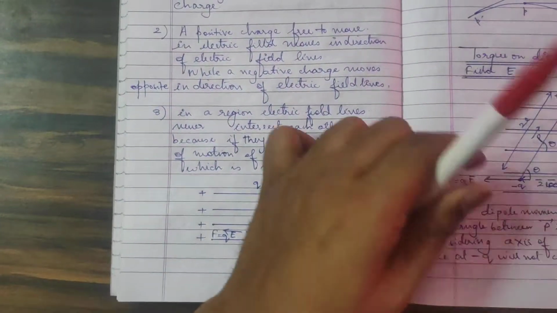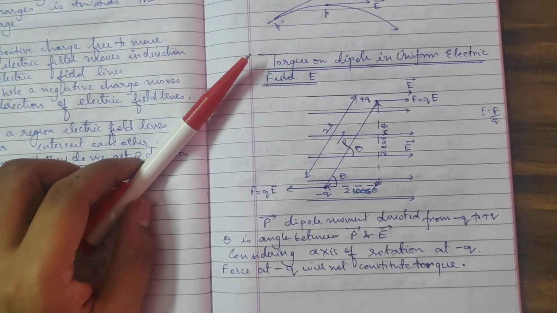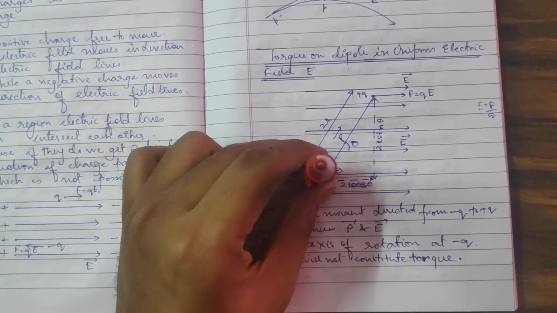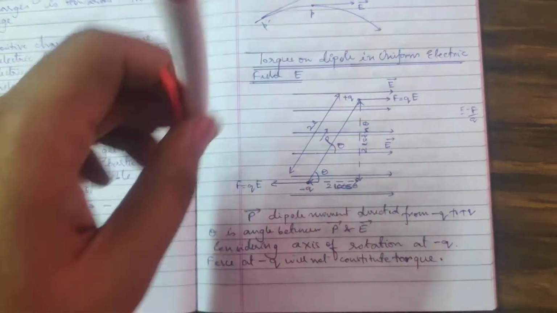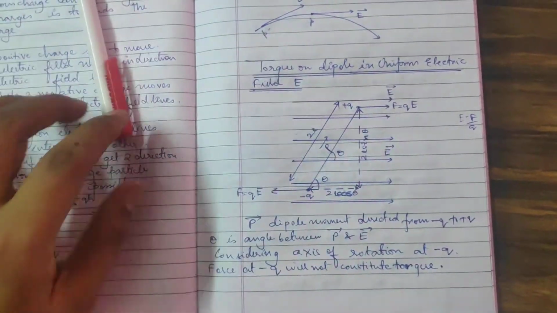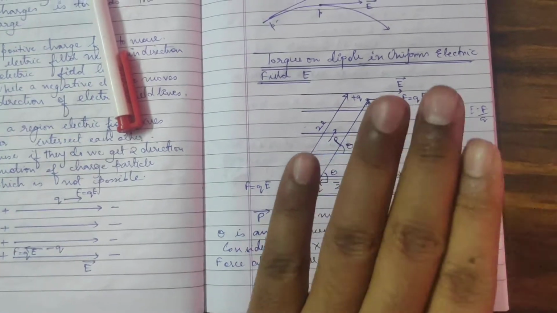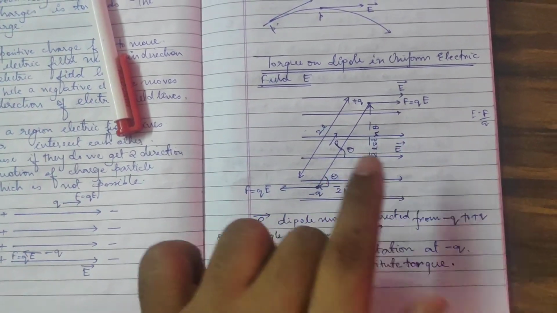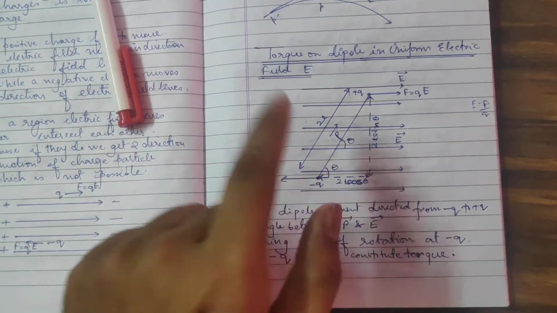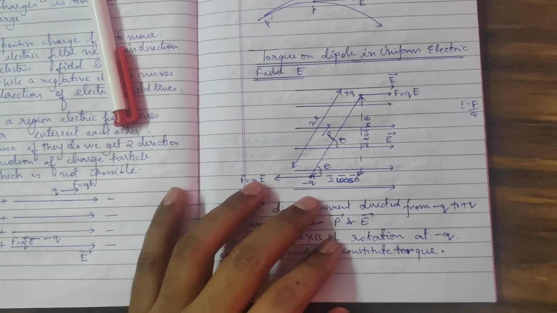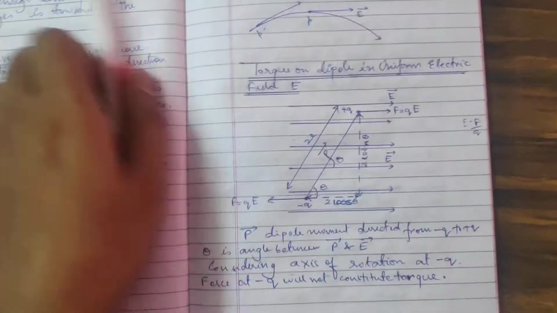Assume over here. See, we all know that torque is a vector quantity and it acts along the axis. So this is the axis, perpendicular to the plane of paper. So the direction of torque is either outwards or inwards. The direction of torque is not along the paper. It is not in the plane of paper. It is perpendicular to the plane of paper along the axis, whether outwards or inwards. I had taken this in rotational motion. Now, E is in this direction.